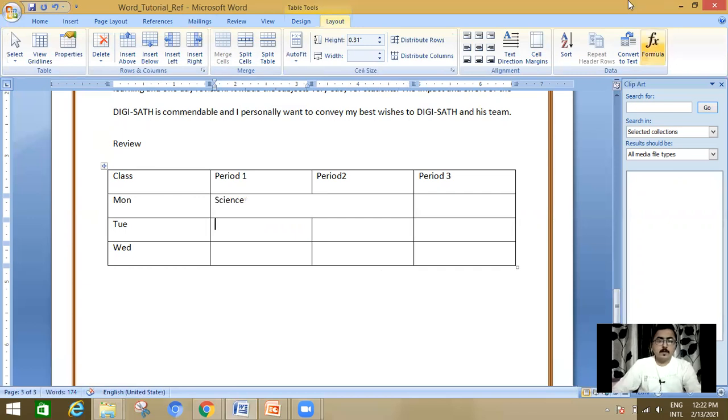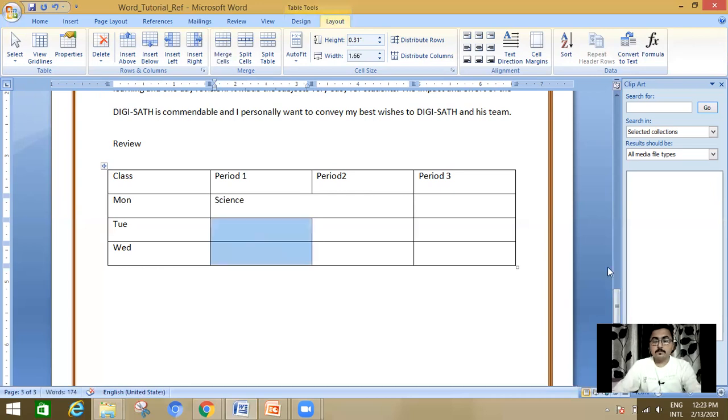Okay. Like this, sometimes we have to merge columns. For example, if on Tuesday and Wednesday the first period will be a math class, then rather than writing math two times, I can use merging. So how?